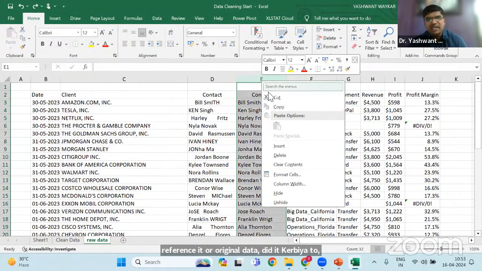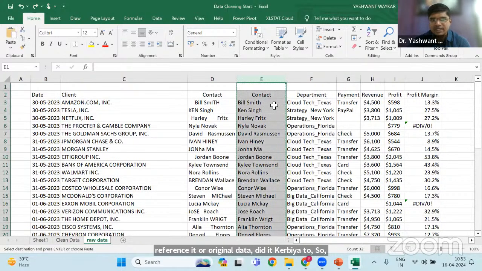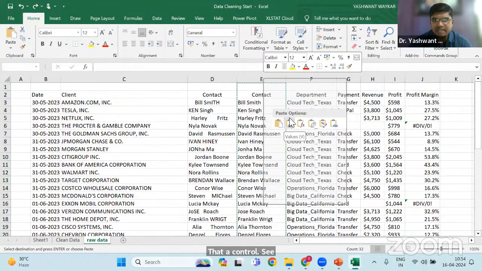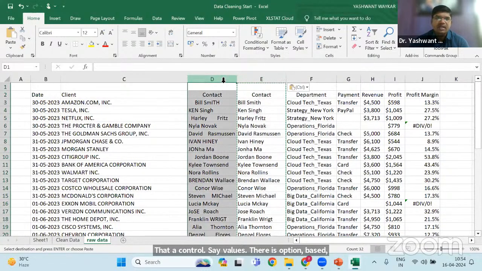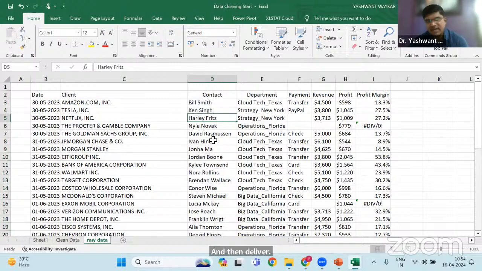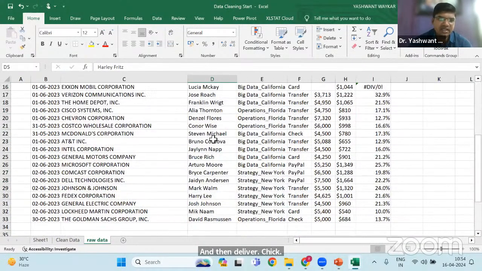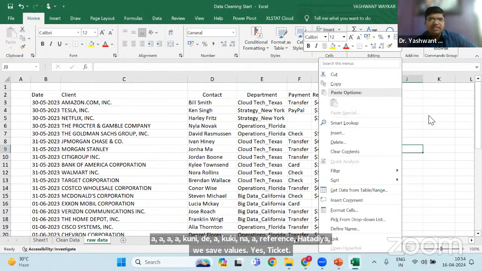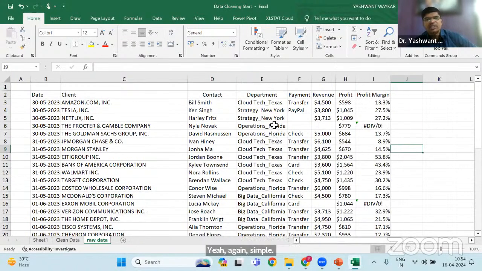सिंपल करिए इसको, से कॉपी, ओके, से कॉपी, अगेन क्लिक ऑन द सेम कॉलम एंड से डायरेक्टली, डोंट से पेस्ट, डायरेक्ट कंट्रोल भी मत करिए, से वैल्यूज, देर इज ऑप्शन, पेस्ट स्पेशल में ऑप्शन है वैल्यूज, से वैल्यूज एंड देन डिलीट, चेक, फाइन। अभी रेफरेंस वाला एरर नहीं देगा, क्यों नहीं देगा? क्योंकि हमने उसका रेफरेंस हटा दिया है, अभी सिर्फ वैल्यूज लिए है। ये अगेन एक सिंपल, पेस्ट स्पेशल भी बहुत अच्छा ऑप्शन है, वो ये भी याद रखिए आप लोग।